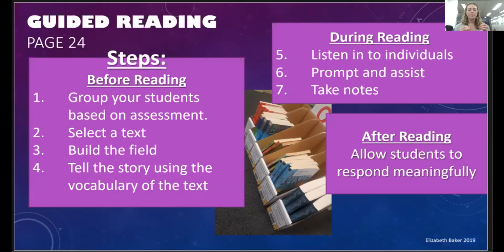But then step 4, after we've developed that prior knowledge, so they know all about the Australian animals because they're going to come across them in the book, then you really need to be able to tell the story also using the vocabulary of the text. Now here I'm talking more about a book study where students would all be reading the same text. Now this step is really important as well. If you are getting students to read individual, like choice texts here, this might be something that you do more one-on-one with students. It might be something that you get them to recap to you,